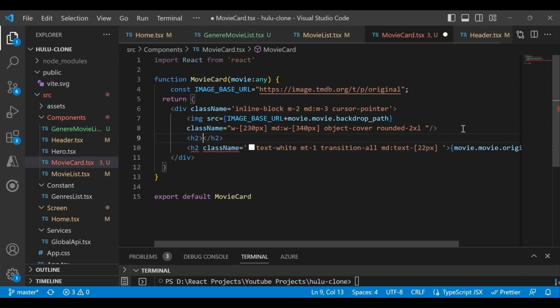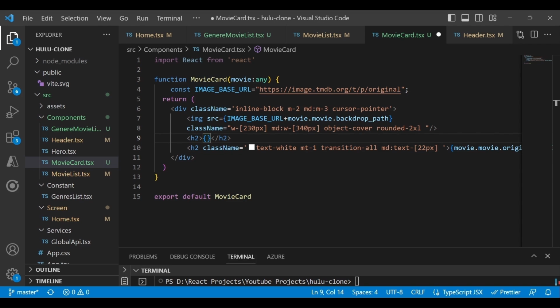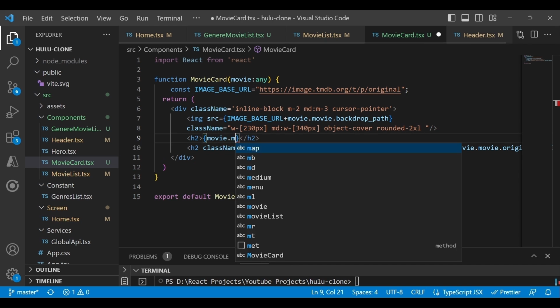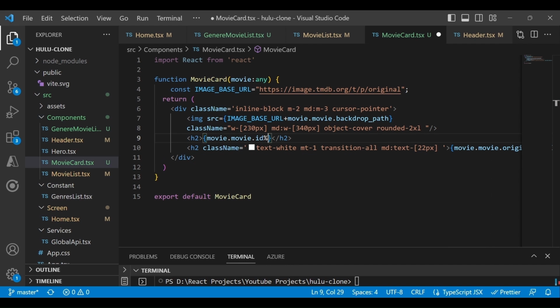Let's type h2, and inside this one we will add one condition. So if movie.id mod 2 is equal to 0, so if the value is 1, this condition will not be valid, and it goes to the else condition, correct? And here I will mention like this: watch movie, otherwise show this text, start watching.